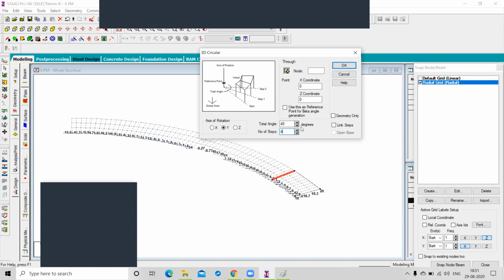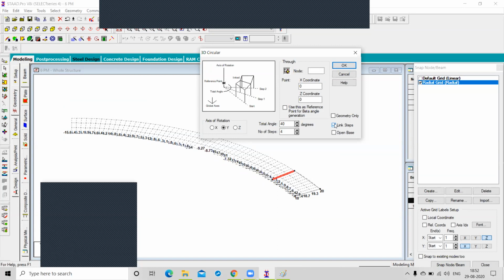You can use translation repeat also. Oh, sorry, link steps. In this situation, this is again a rotation. Circular repeat is also a rotation, but it is on the Y axis, on equal spacing, right?